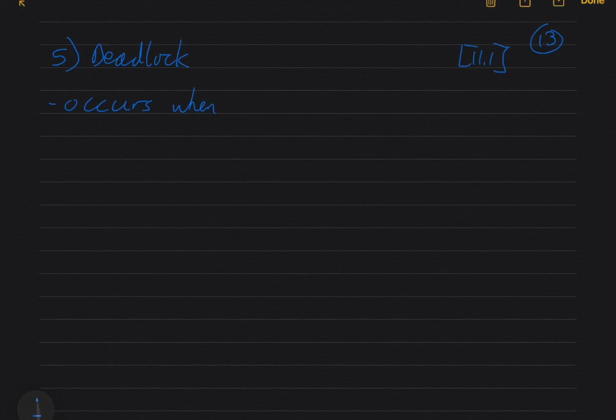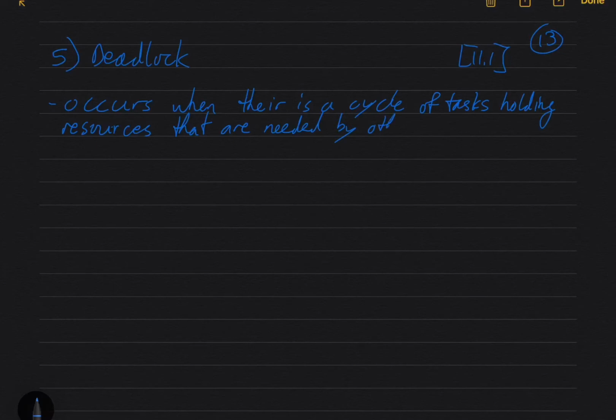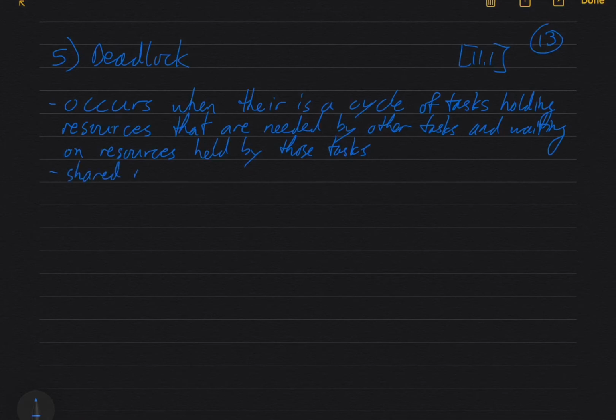So it occurs when there is a cycle of tasks holding resources that are needed by other tasks and waiting on resources held by those tasks. So shared resources